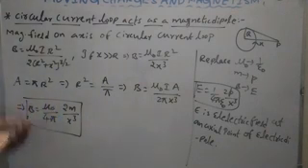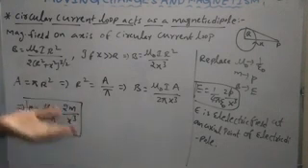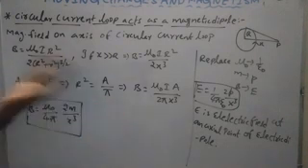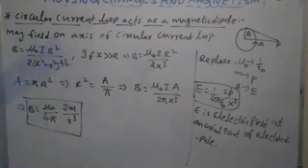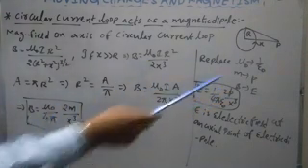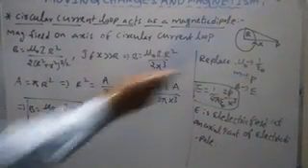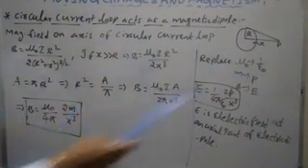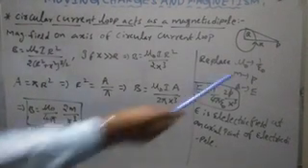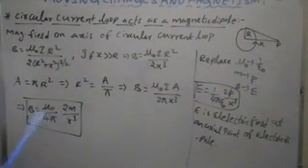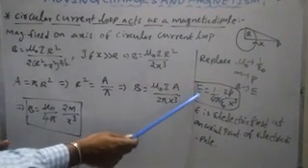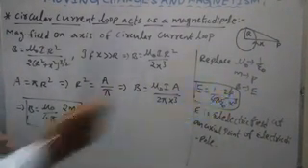Now you can compare this equation with the first chapter: the electric field intensity due to a dipole at one point on the axial line. What is that? 1 by 4 pi epsilon naught into 2p by x cube. Here I am replacing mu naught by 1 by epsilon naught, where epsilon naught is the permittivity of free space, and m with p, the electric dipole moment. B I am replacing with E. Then we get E is equal to 1 by 4 pi epsilon naught into 2p by x cube.